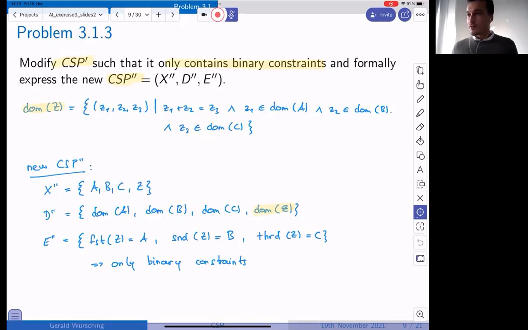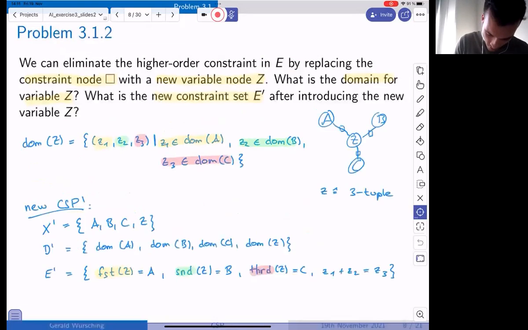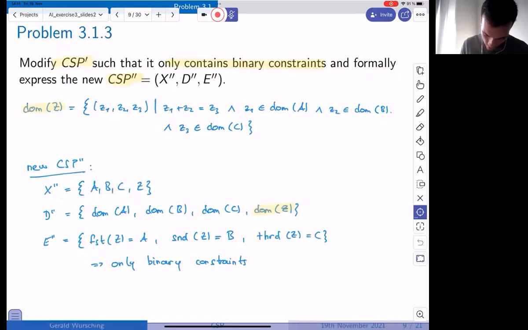Okay, now I'm going to take a look at some questions. Aren't the constraints already included in the domain Z? Let me see. I'm not quite sure which one this refers to, probably 3.1.3.